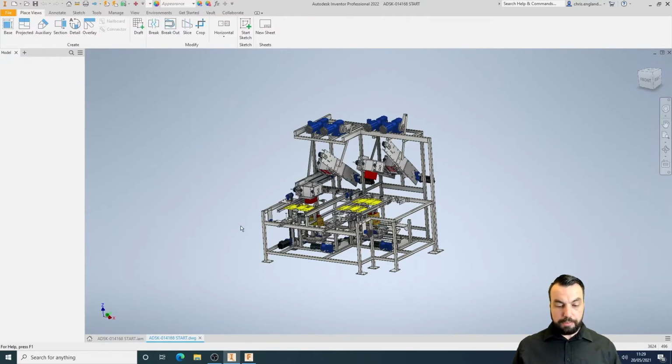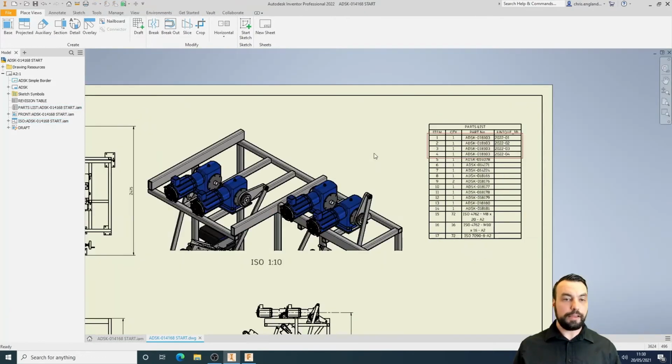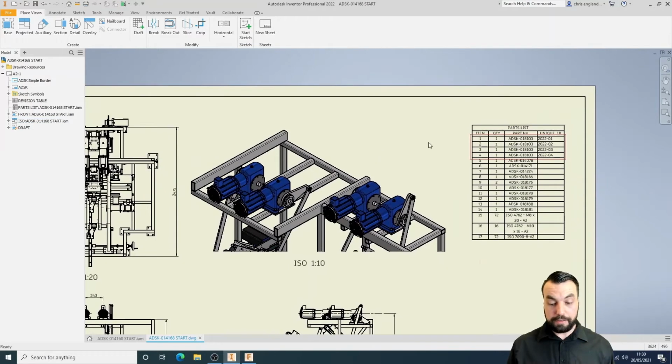Well, that loads up. You know, the sort of possibilities for this are quite endless. I used to do a lot of detailing in AutoCAD, and I was always quite disappointed with Inventor on the lack of ability to split up your items for extra detailing or breaking down the detail. And now we can actually do that with unique ID numbers, instance properties rather, in this case our unique ID